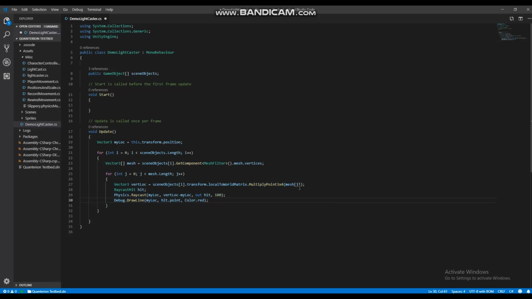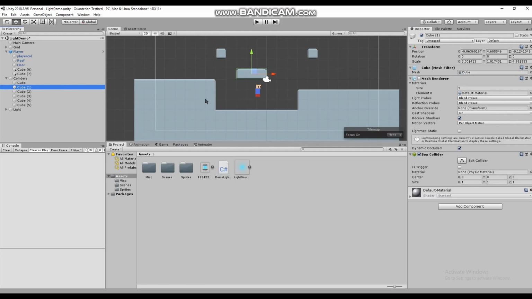And this is where it gets a little bit more complicated. You see, these vertices, yes, each is represented by a Vector3, so an XYZ position, but it is currently in the object's coordinate system. Now, if you've never dealt with matrix multiplication or 3D graphics, hopefully you've had at least a little experience with the difference between a local and a global coordinate system. So currently these vertices are in the local coordinate system for this specific object. So if it were the vertices of this object, this would be 0, 0 instead of the center of the